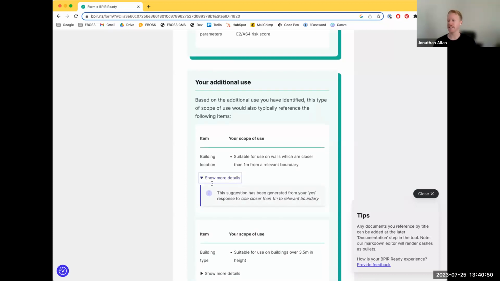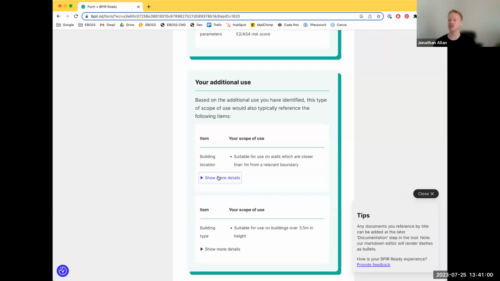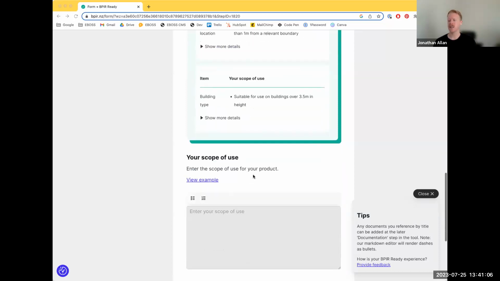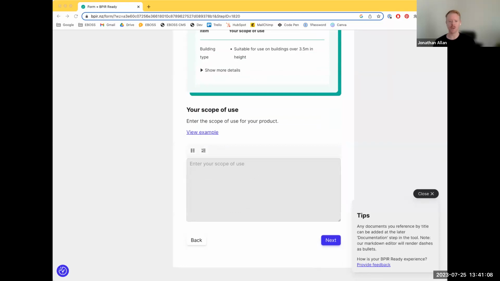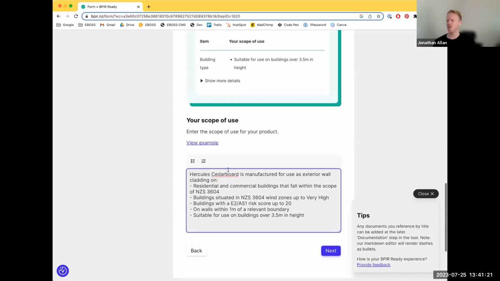Because I said yes, this product is suitable for use closer to 1 meter from a relevant boundary, we're recommending that I put that in my scope of use as well. And again, I have the opportunity to view a written example tailored to my category and my additional use, which we demonstrated on the description step last week. So again, I've got a pre-prepared one, which I'll put in here